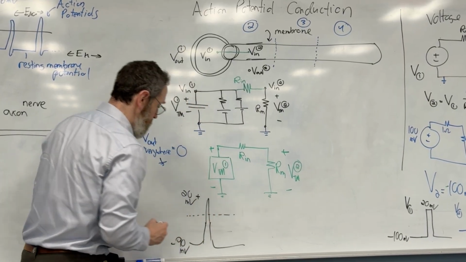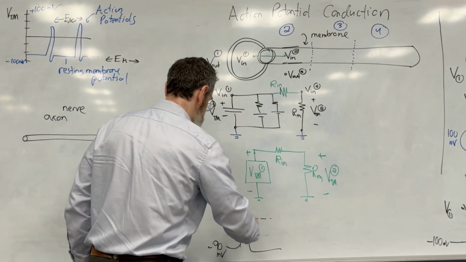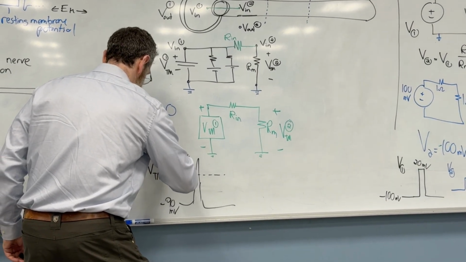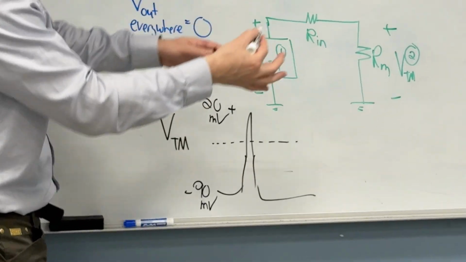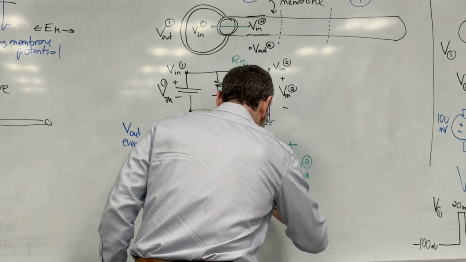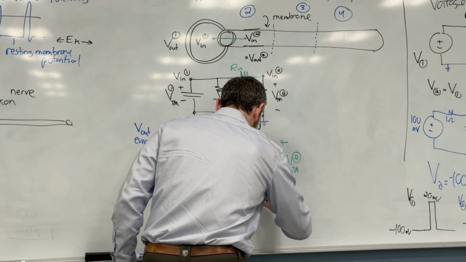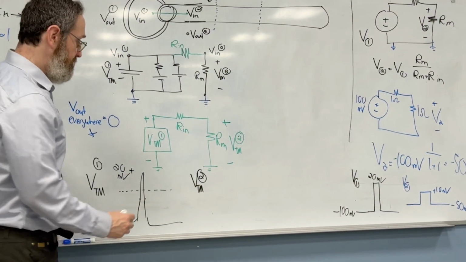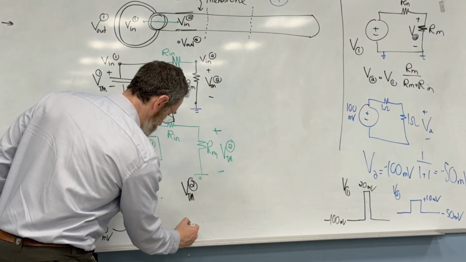That's where 0 is. Right, and this is location, this is VTM location 1. So now I'm going to draw VTM at location 2. We're going to use the same kind of analysis I've done here. And VTM at location 2 will look like